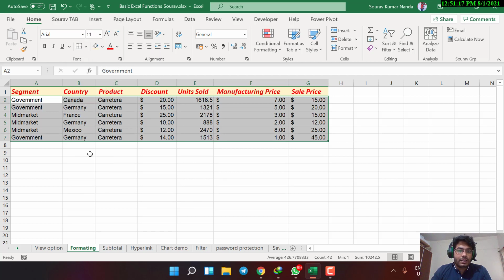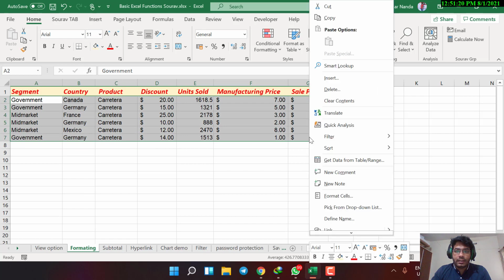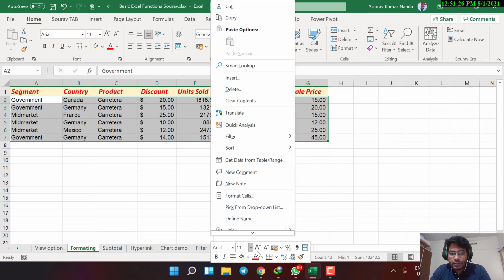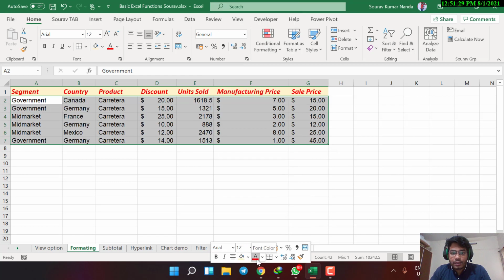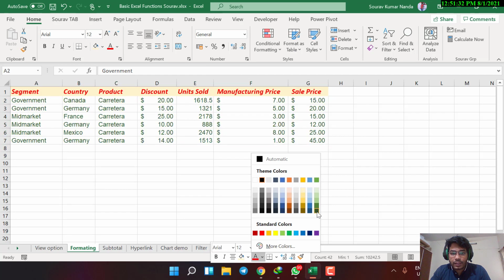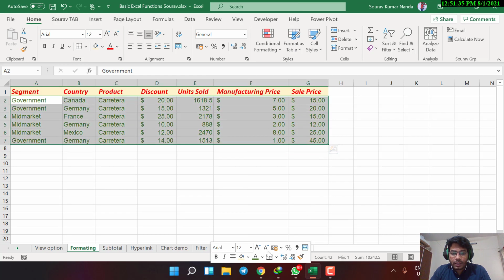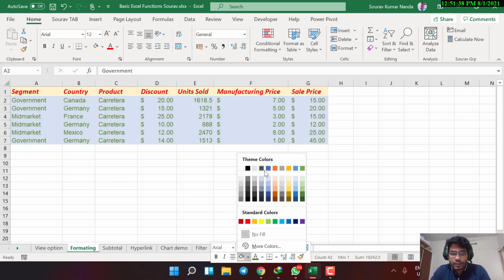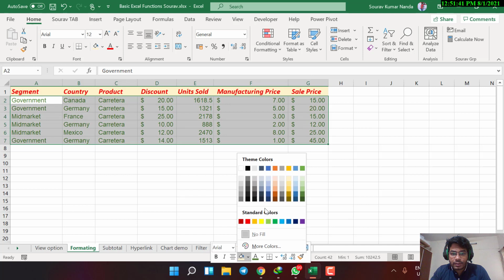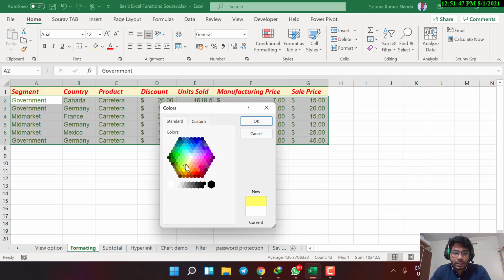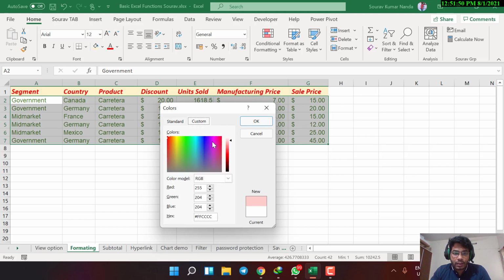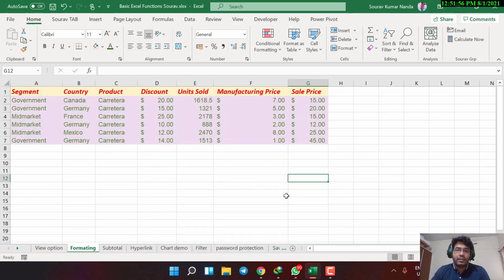You can change it here itself, or else if you select this, it will automatically pop up here at the end. If you select anything here, you can increase the size or change the color here itself. Let's say I want to make something green, and I want to make the inside color something like this, or maybe you can go to more colors here and choose as many colors as you want, or else you can go to custom as well. If you want maybe this color, or something lighter like this, then you can click OK. That's it, it's done. So this is how you can do it.